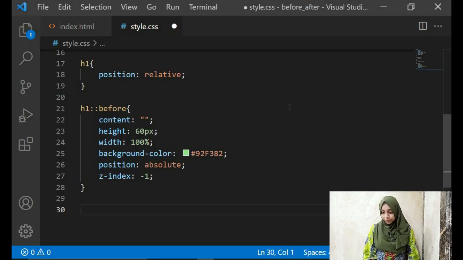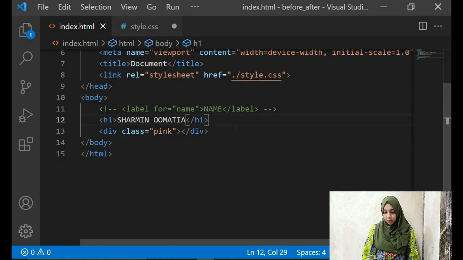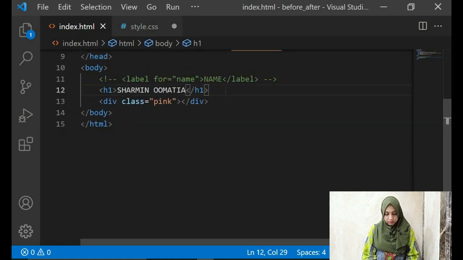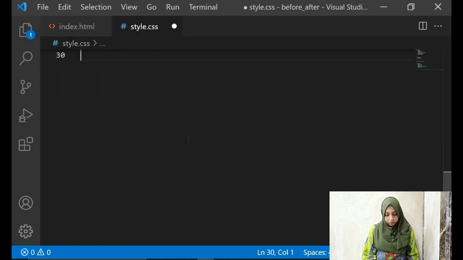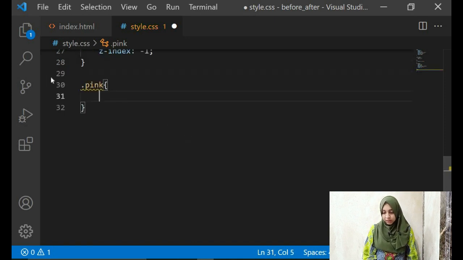Okay, so let's see how we can do that. Let's comment out this second example over here, and this is our div. I have a div with a class of pink. So what we'll be doing is, we will select the class pink using the dot selector which we use for class.